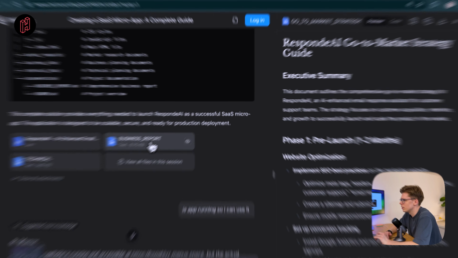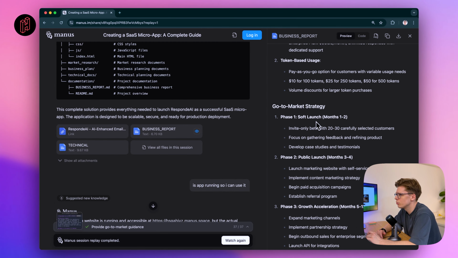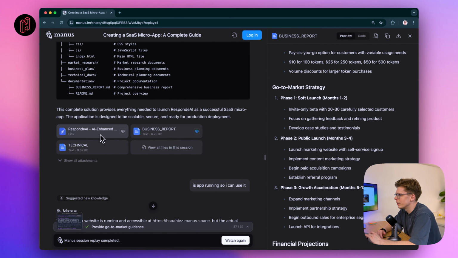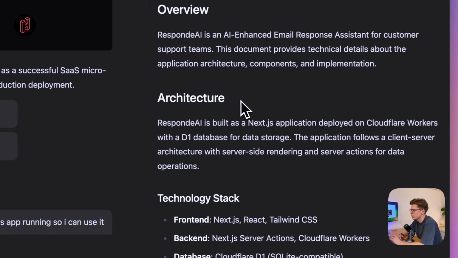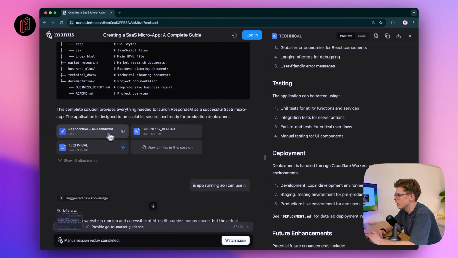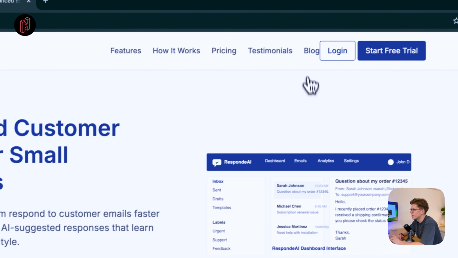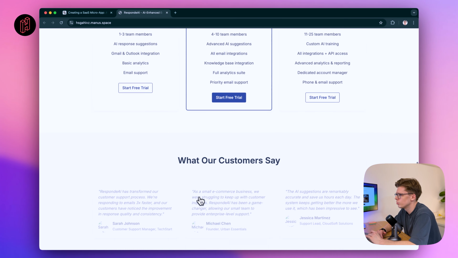You can see the business report. We can preview it here. So this is the business report. And then there is a link to the app, I think. The technical documentation, let's see. Yeah, looks pretty good. Okay, so this is the marketing page, which looks, I mean, of course, quite generic,